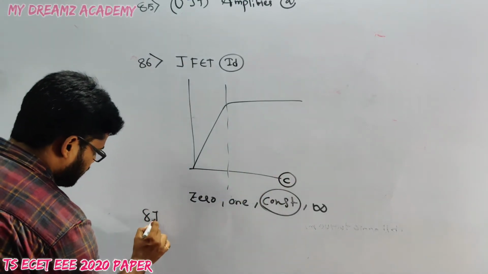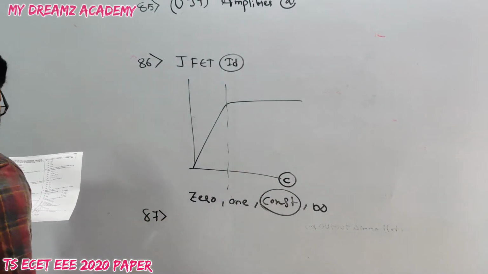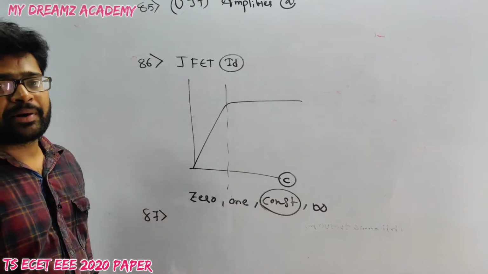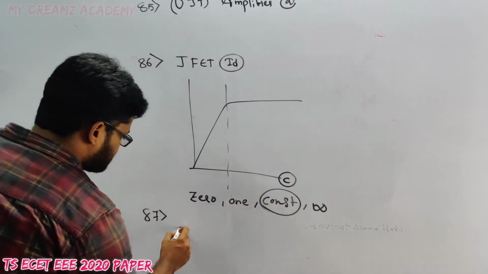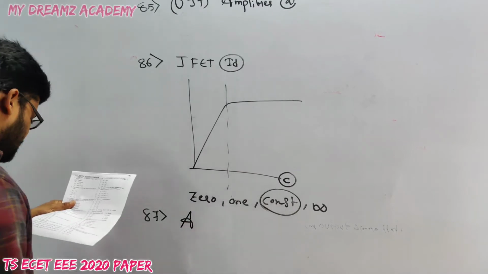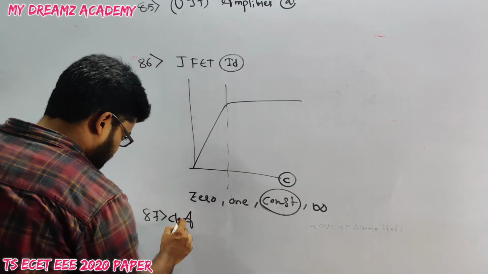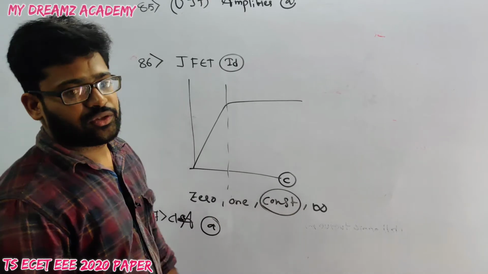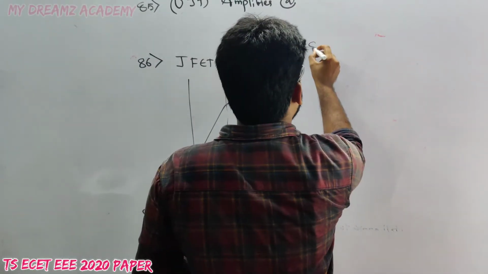Next, 87th question, that is in an oscillator circuit, the transistor operates in class A, in a class A amplifier. So option A is correct for 87th question. Next one, 88th question,